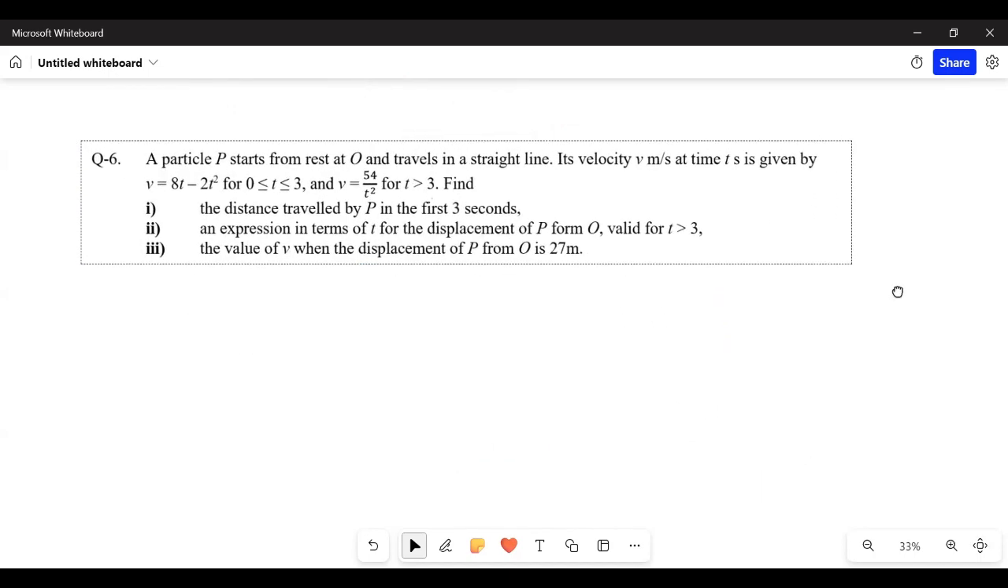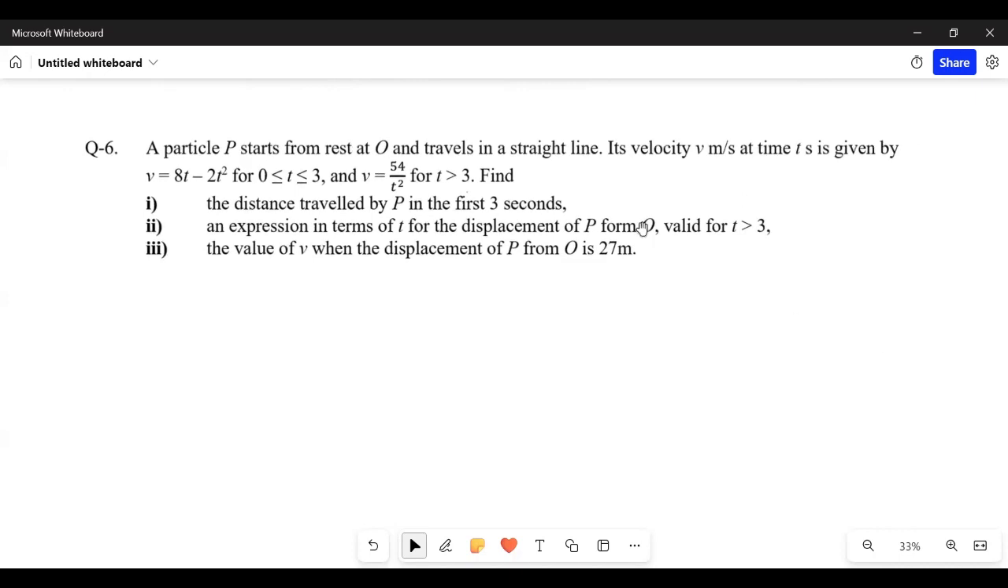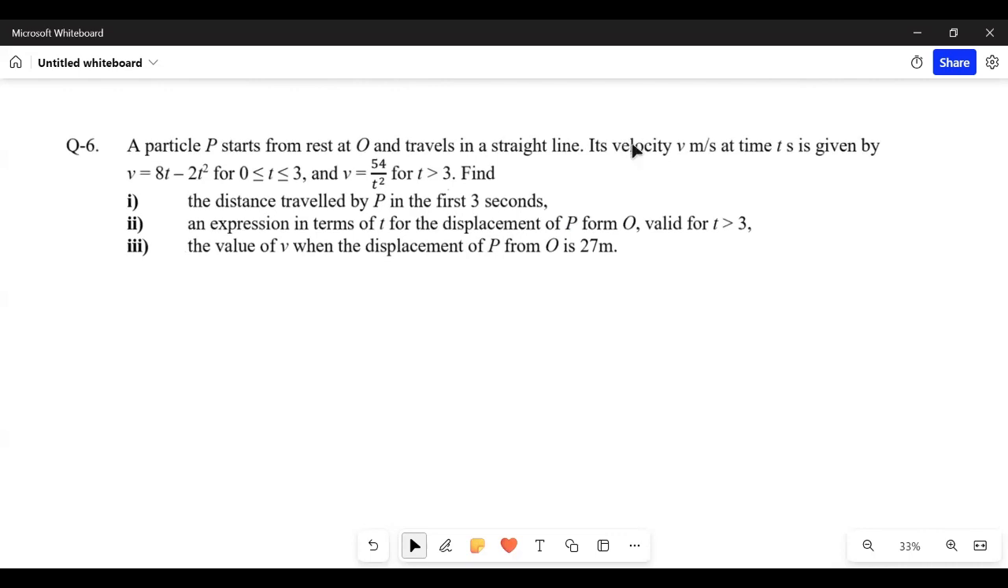Azhar and Alia, are you here? Yes, ma'am. यस मैम।